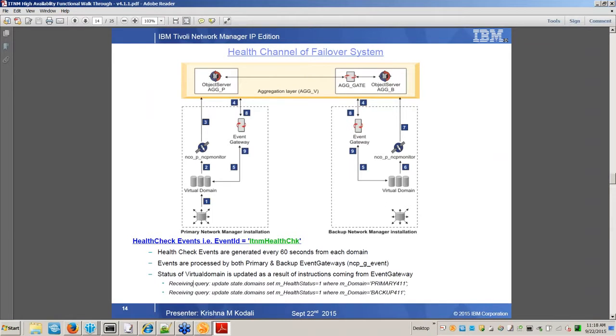So we'll talk about the health channel. When it comes to the failover, we have the data channel and the health channel. The health channel operates completely independent of the data channel, but the monitoring effects are based on the health of the system. I have copied this diagram from the documentation because it is detailed pretty nicely, so I don't need to redo